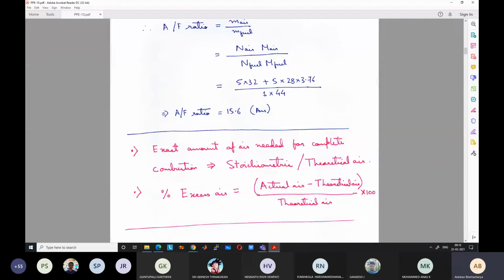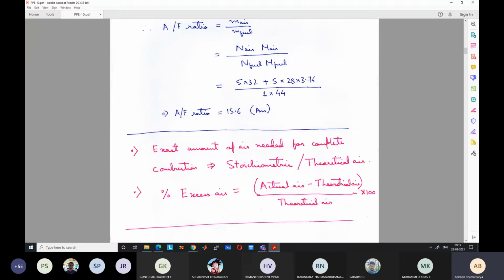In those regions there will be incomplete combustion, and incomplete combustion is harmful in two ways. One is that it reduces the energy output, and second is that it creates harmful byproducts such as carbon monoxide. Carbon monoxide is poisonous. Carbon dioxide is not poisonous. Although we say that carbon dioxide is also harmful because it is causing global warming, it is only harmful in the sense that it is a greenhouse gas, not in the sense that it is poisonous. But carbon monoxide is directly poisonous.